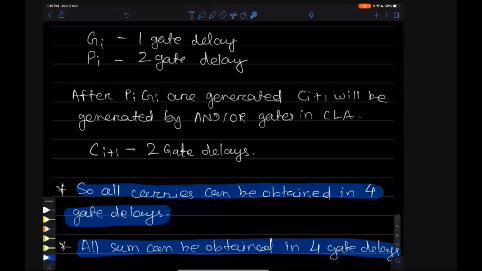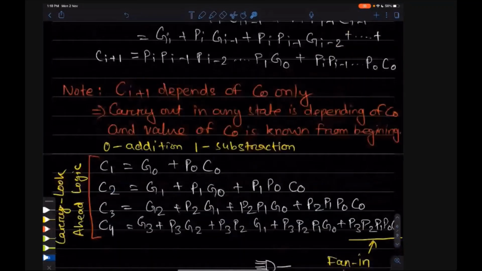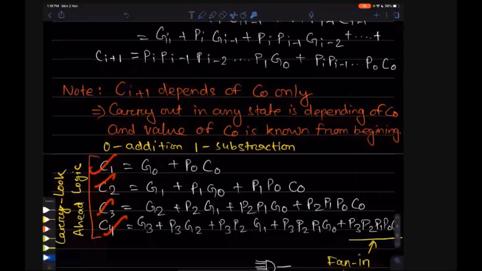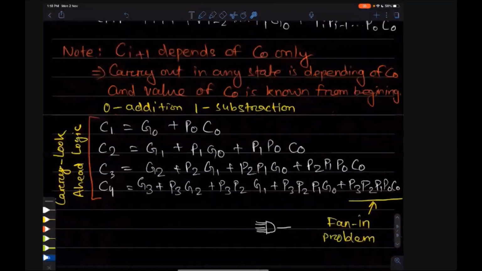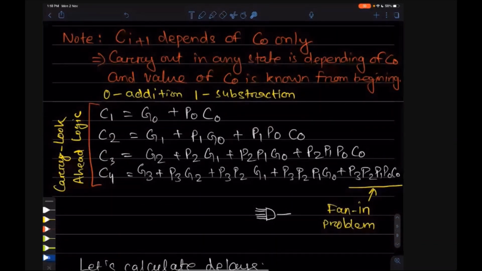Okay, so after all Pi and Gi's are generated, Ci plus 1 will be calculated by this equation. Can anybody tell me how many gate delays will be required for C1?